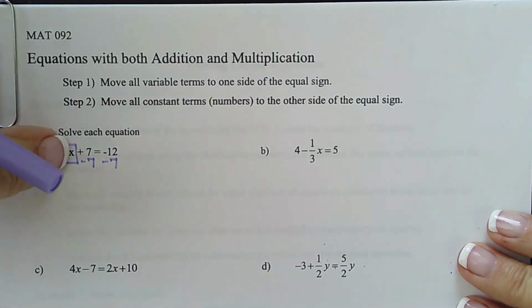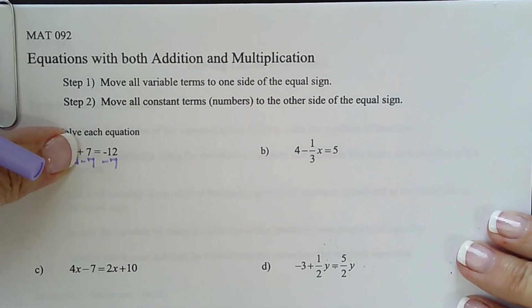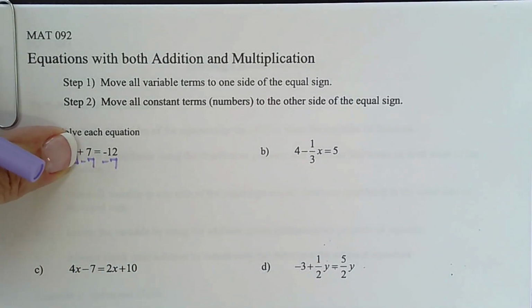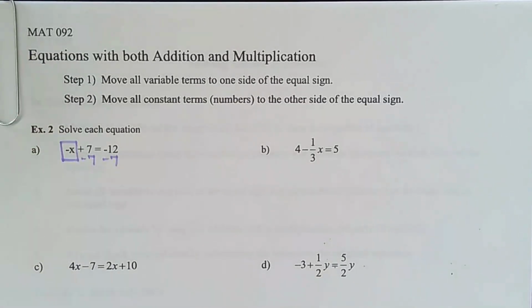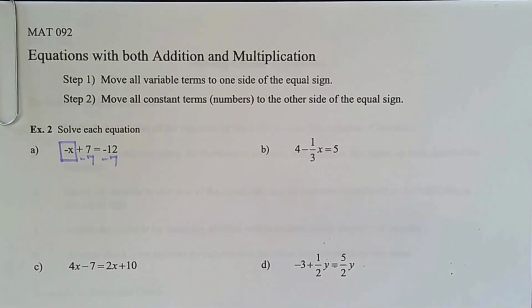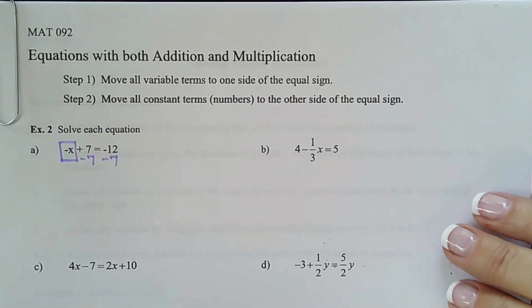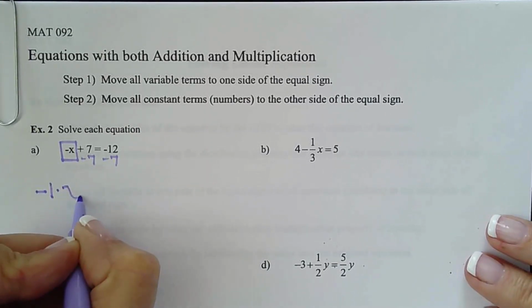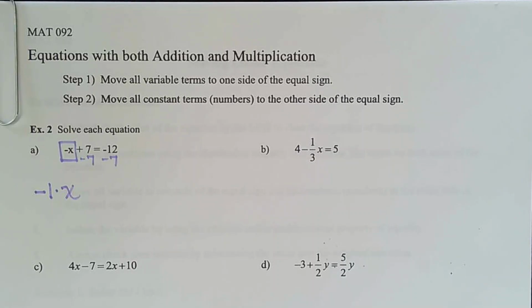And just like I said, we ignore the variable term and we move all the constants over first. So if it helps you to cover it up or to box it, just to remember, save the variable term for last and do the opposite to get everything else over. So then we have negative 1 times x. Remember how I said to do that so that you don't accidentally,